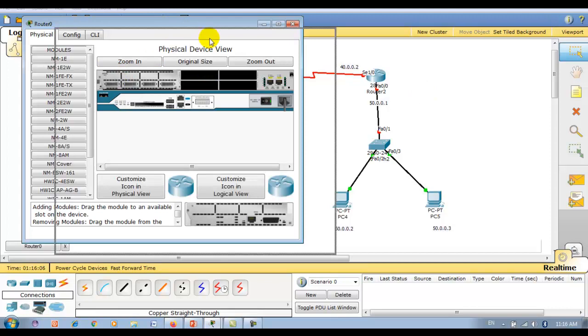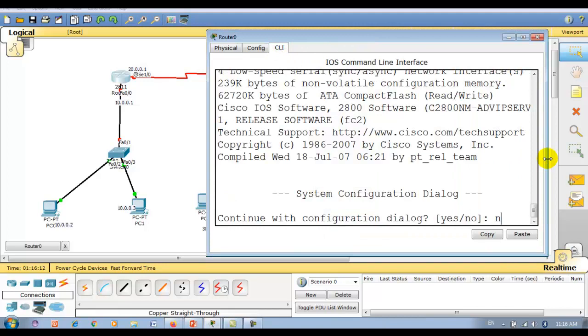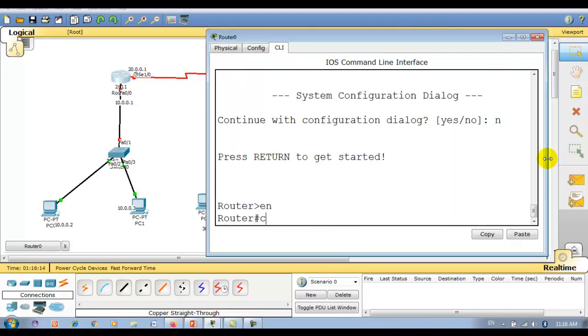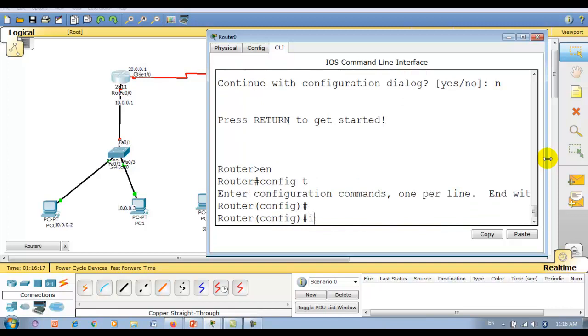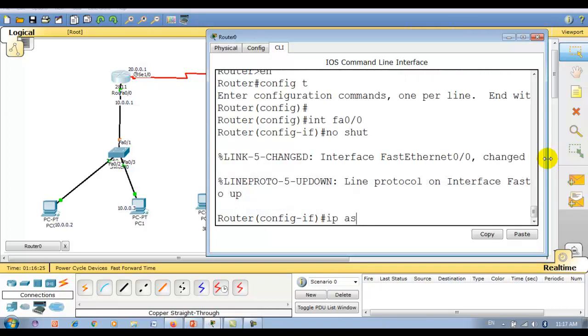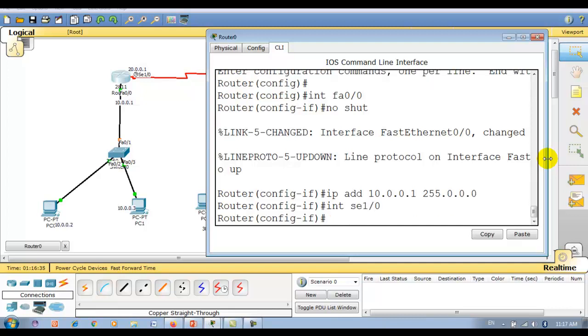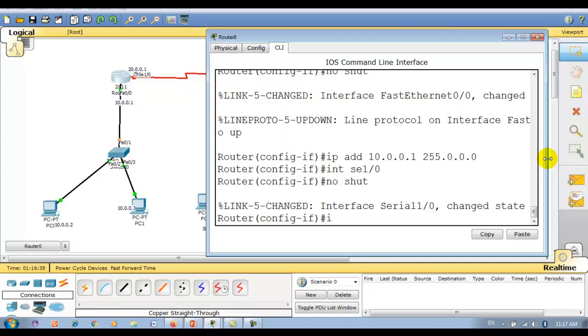Now let me configure the routers one by one. Enable, then config T. First interface FA0: no shut, then IP address 10.0.0.1, 255.0.0.0. Now interface serial 1/0, no shut, IP address 20.0.0.1, 255.0.0.0.